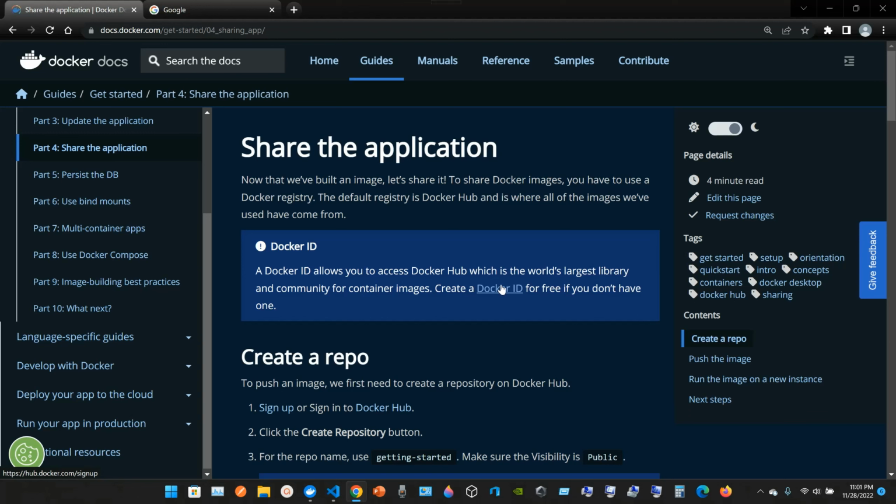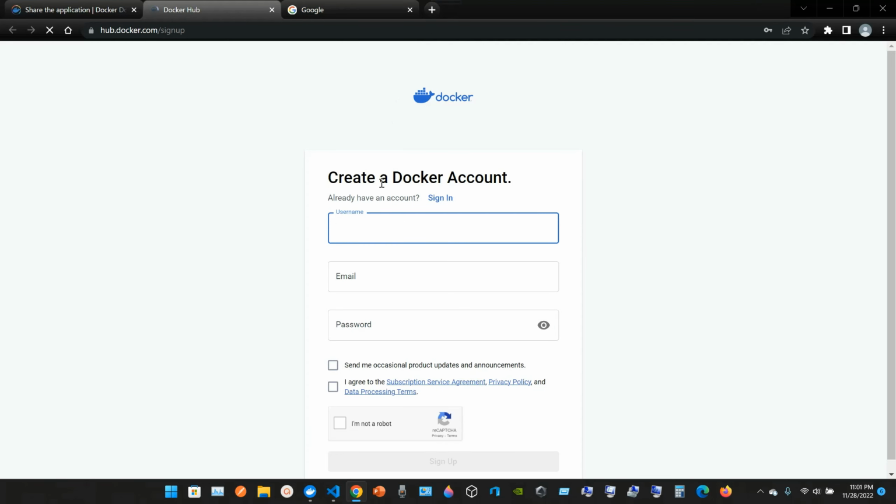So we go to this link right here and just click it. And from here we can just create a Docker ID. So I'm gonna create one. I'm gonna use a dummy one. Let me see, that would be